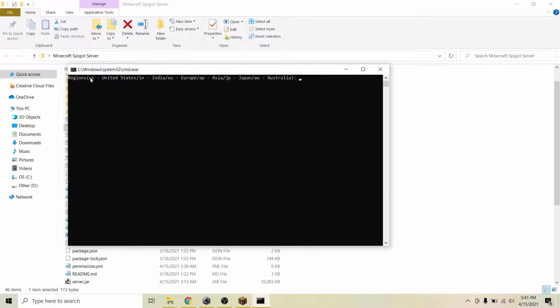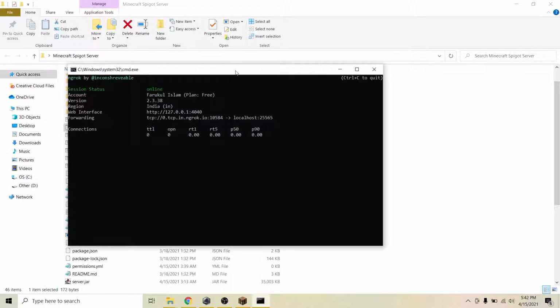So here you have to choose the region that is closest to you. So if you stay United States, you can press United States, US. If close to India, then IN, Europe, EU, and so on. So I'm close to India, so I'm gonna press IN, no capitalization, no spaces, just the initials, and press enter. And now